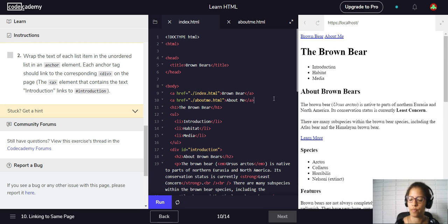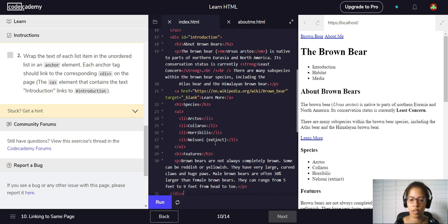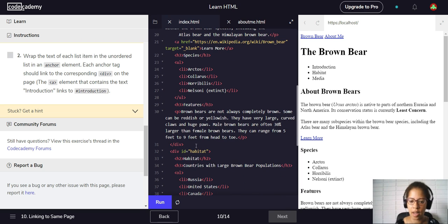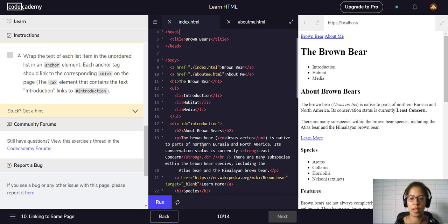Actually, I should go in here. Okay, so like here in this div, you can see where my cursor is, right? Introduction right here. And if we scroll down, there's habitat, div ID habitat, and then div ID media. So those have been added in for us, so we're going to link to them